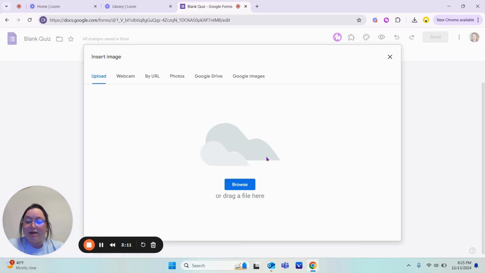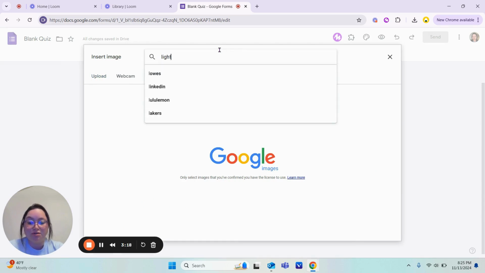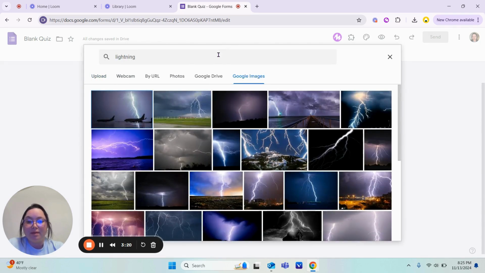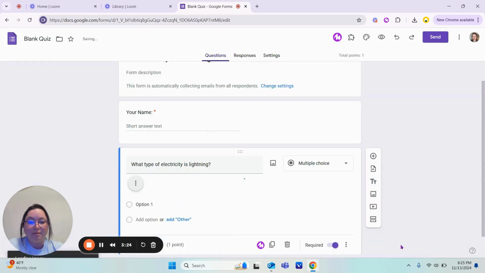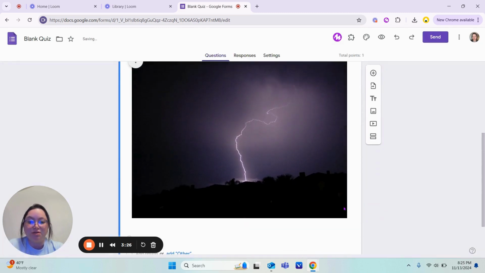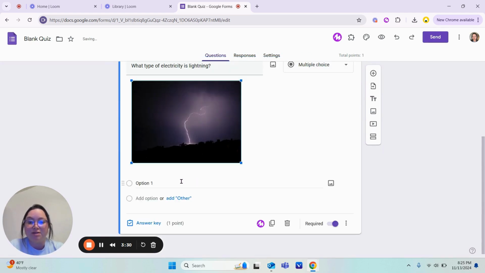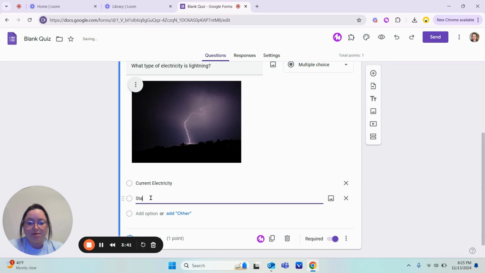You can also add an image to give students a visual. You can do this in different ways. For today, I'm just going to use a Google image search. And so when students get this question, they'll also see the picture. You can also choose how big or small that picture is. Down here, you're going to type in your answer choices: current electricity,